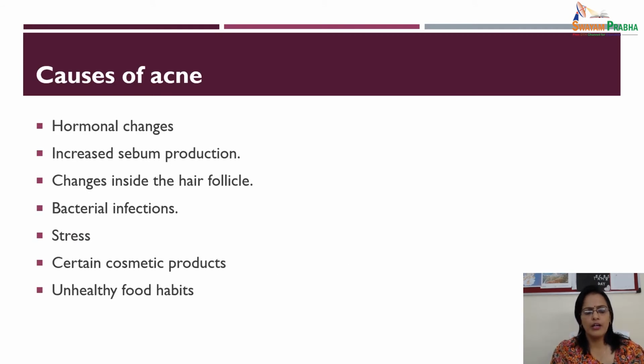Causes of acne. Hormonal changes which occur due to puberty, pregnancy, and before the menstrual period. Increased sebum production. Of course, sebum is a natural oil produced by the body. When sebum production is increased, it leads to the formation of a pimple. And then when we come in contact with dust and other environmental factors, the condition becomes